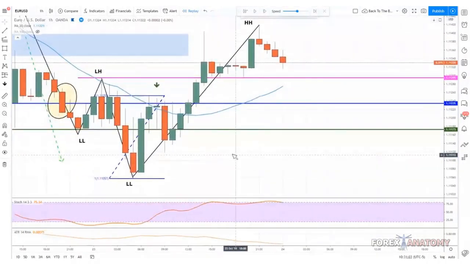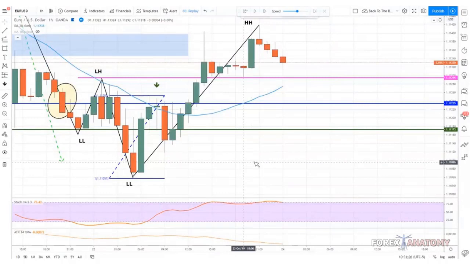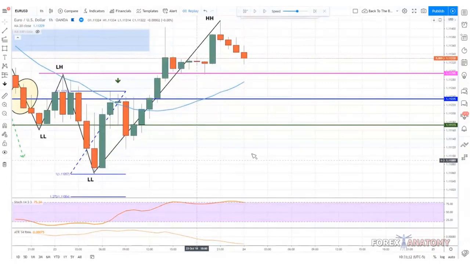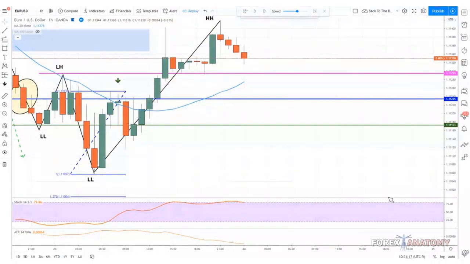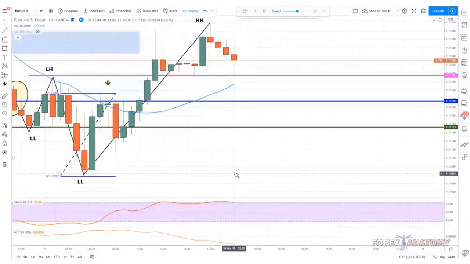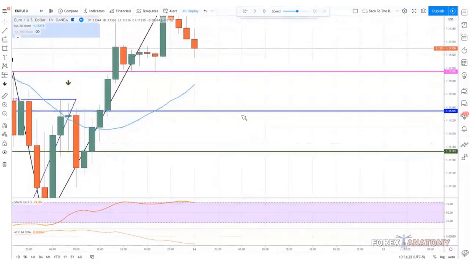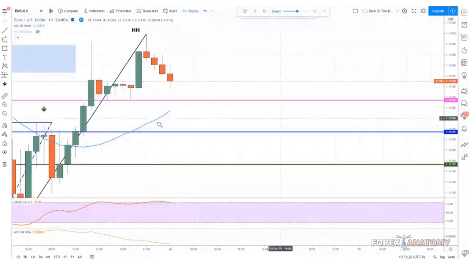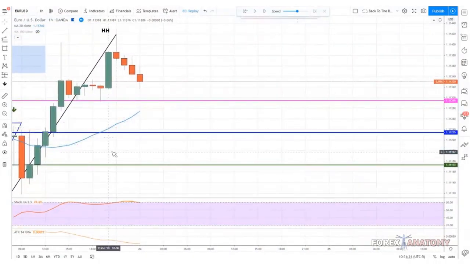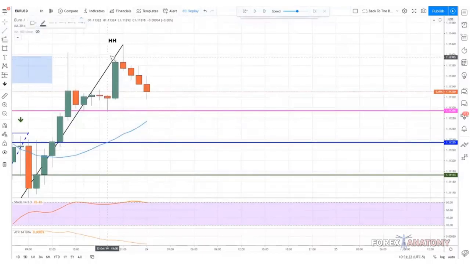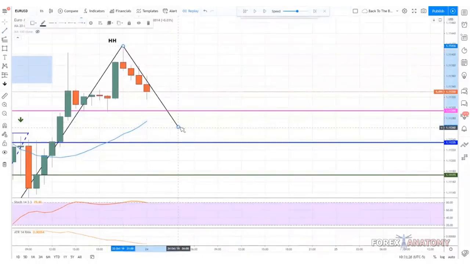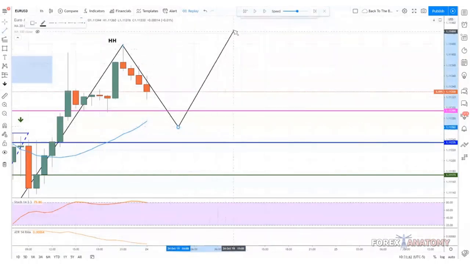Now, based on this higher high, should we be looking for opportunities to buy or sell? Let me ask you guys that question. Should we be looking to buy or sell? Yep. Everyone says buy, buy, buy. And if you wanted to, you could wait until we get this move right here. Let me just draw it in. You could wait for us to see something like this where price corrects, forms a higher low, and then it pushes up to form a higher high.